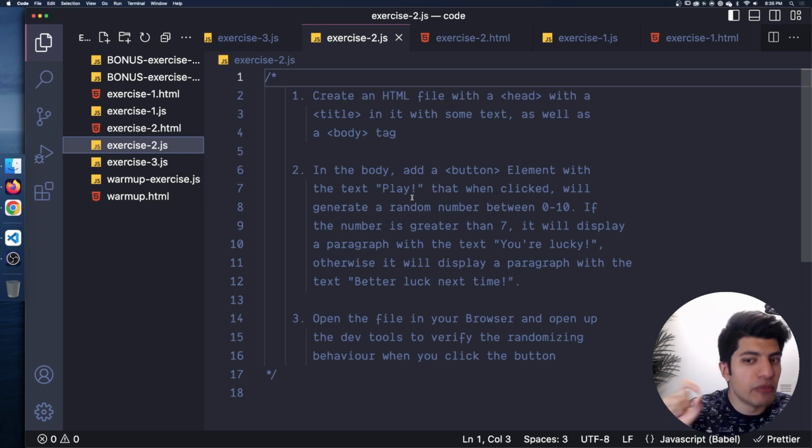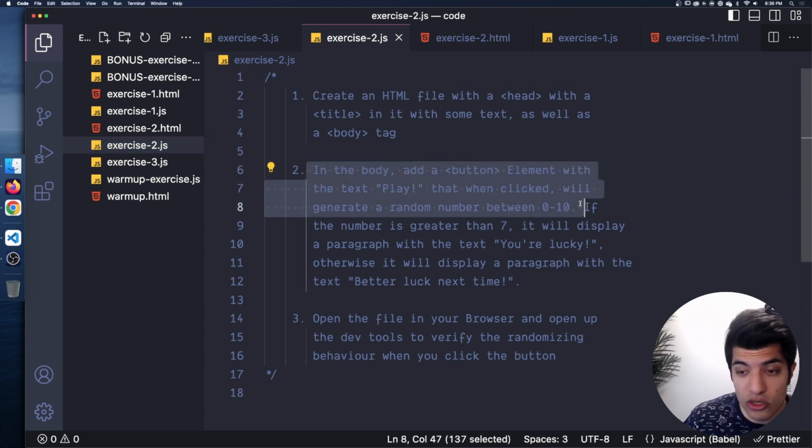A random number is going to be generated between 0 and 10. Generally when you're working on problems like this, it's very easy to get carried away and try to put all these things together at once. But what you really want to do is break this problem down into smaller subproblems and try to solve those. So I'm going to focus on this part right here, just by itself,